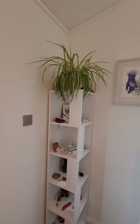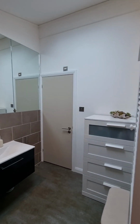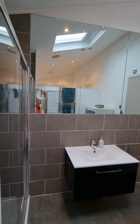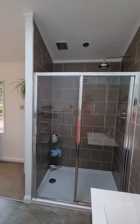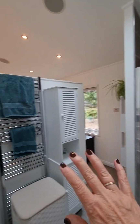And then from here, behind the divide wall, a little surprise, you've got your own ensuite shower room. So this is fantastic. You've got the Velux window up here too, so lots of natural light coming in. You've got the floating vanity wash hand basin, which I think is wonderful. Great tile finish. You've got a really nice sized walk-in shower as well. So it's thermostatic control. You've got your rainfall shower head, lovely and bright, plenty of space for storage as you